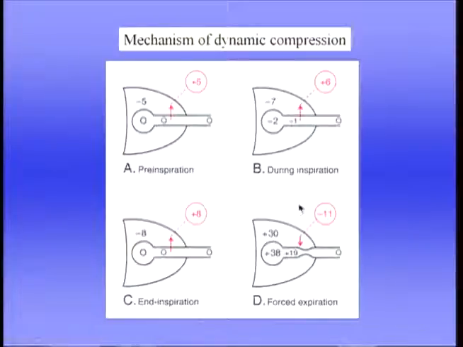One is that if there is an increase in resistance of these small airways near the alveoli, this is going to increase the rate at which the pressure is lost as we go up the airway. Okay? As the resistance increases here, we'll lose the pressure more rapidly, and therefore this compression point will